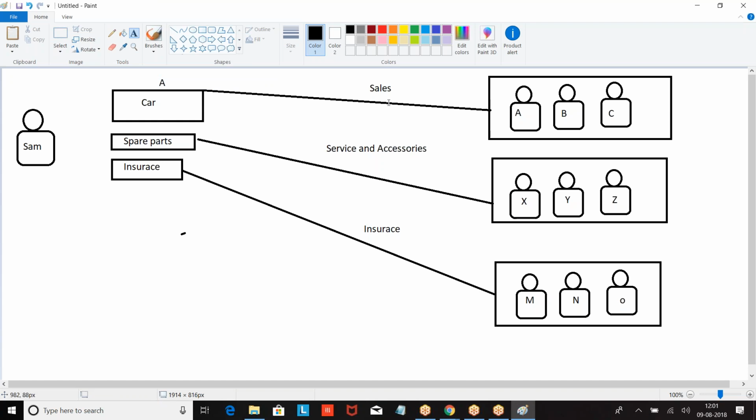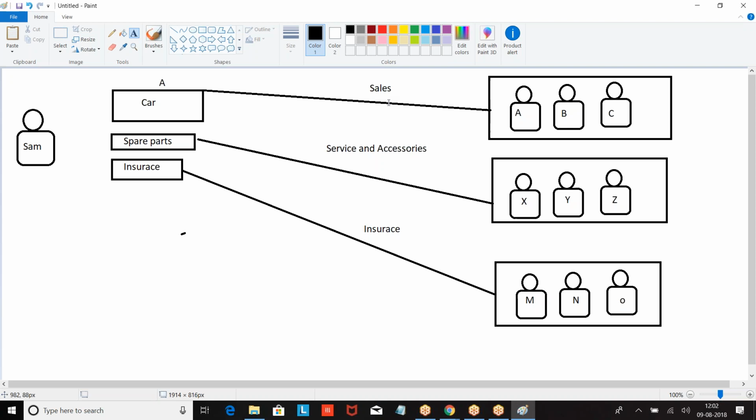Now let us say I am taking a car loan. Now my bank says, boss, as I am giving the loan, take the car insurance from the bank only. Then I will not take the insurance from the showroom. I will take the insurance from the bank. Now somebody wants to take a high-end vehicle, no extra accessories are required, everything is coming along with the vehicle. You want to go with just the vehicle, what is given by the company. Whether he's going to go for accessories or insurance is his choice. Are you getting my point?